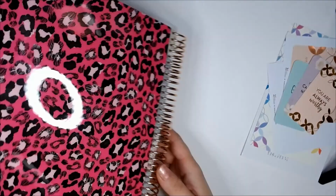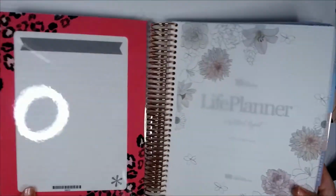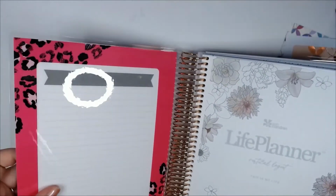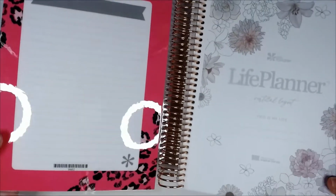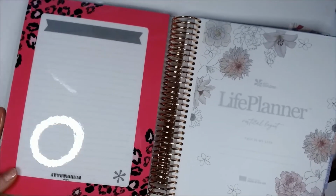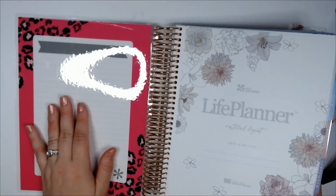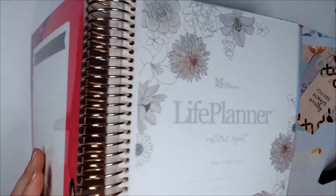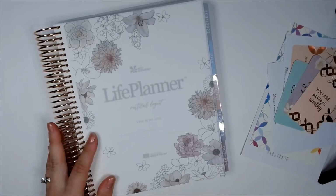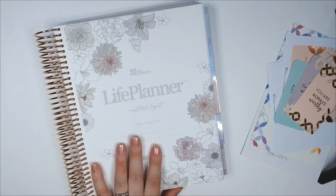So the covers are obviously double-sided, and on the inside you get this kind of whiteboard material. Sorry guys, I am still figuring out my setup here. Anyways, this is a whiteboard on this side, so you can erase it with a marker. And then this is the inside. So this is the new